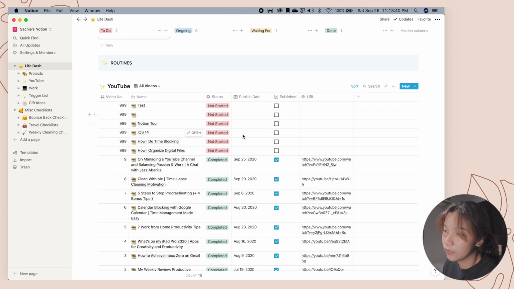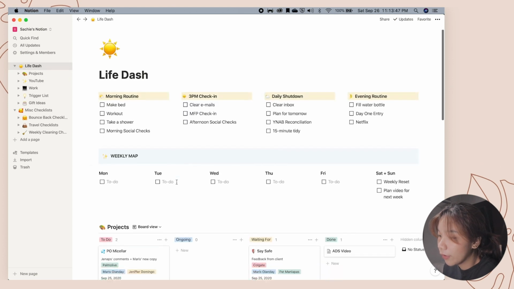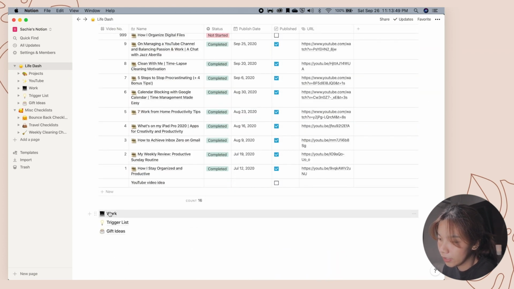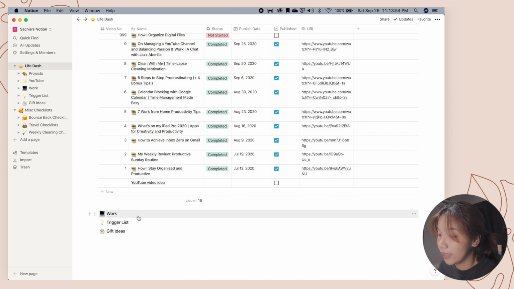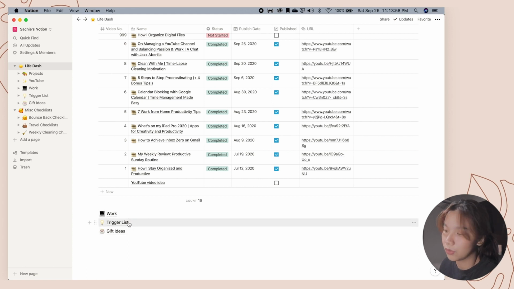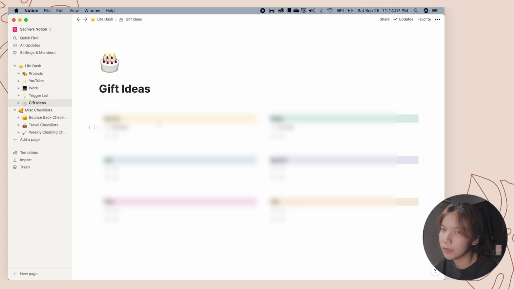Obviously this is also a page of its own, so you can open that and it becomes full screen. And then I have other things in here like work, my trigger list, which I showed in the weekly reset video, and gift ideas. Work I'm not going to open, and the trigger list I'm not going to open because I already showed that to you. And then the gift ideas, this is another idea from Michelle B, but basically this is a list